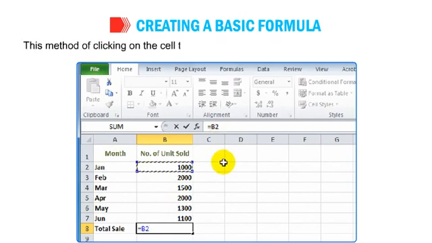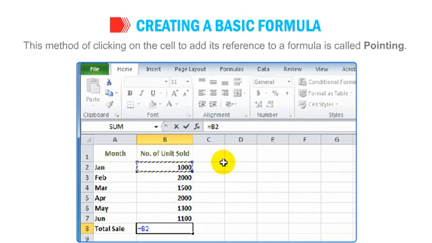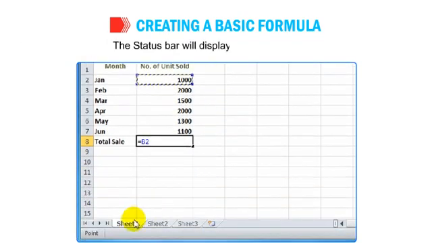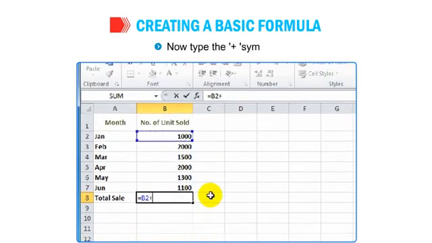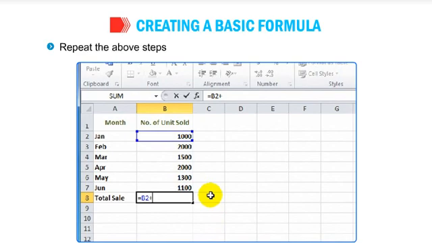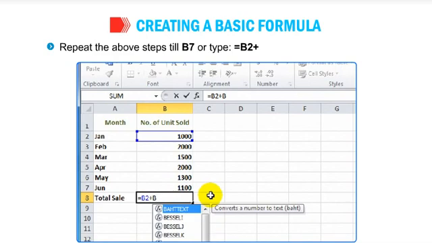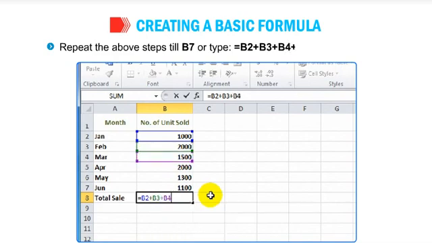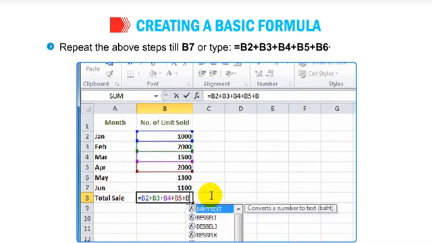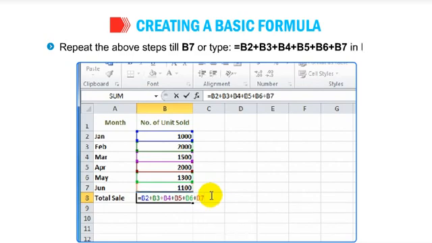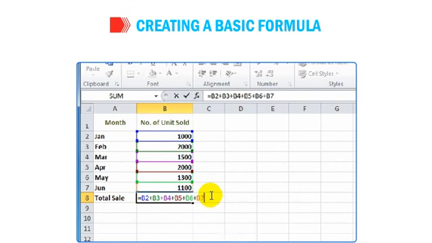This method of clicking on the cell to add its reference to a formula is called pointing. The status bar will display the status as Point. Now type the plus symbol. Repeat the above steps till B7, or type equal to B2 plus B3 plus B4 plus B5 plus B6 plus B7 in B8.